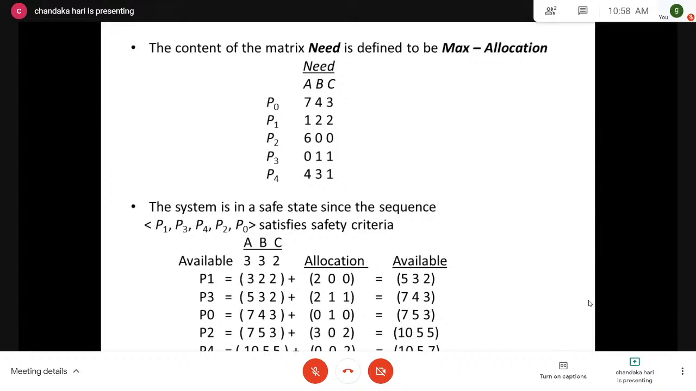According to the release system call, whatever resources have been already allocated are returned back to your operating system. So that is 3 plus 2, it becomes 5. 2 plus 0, that is,